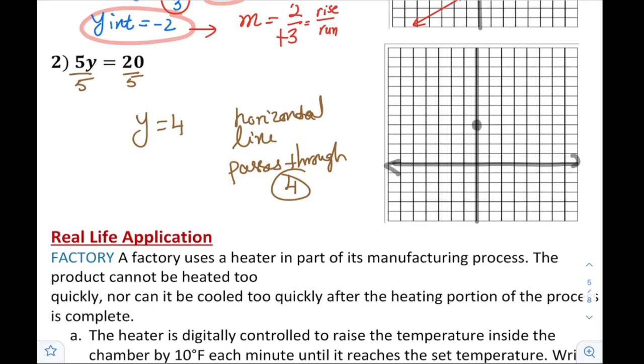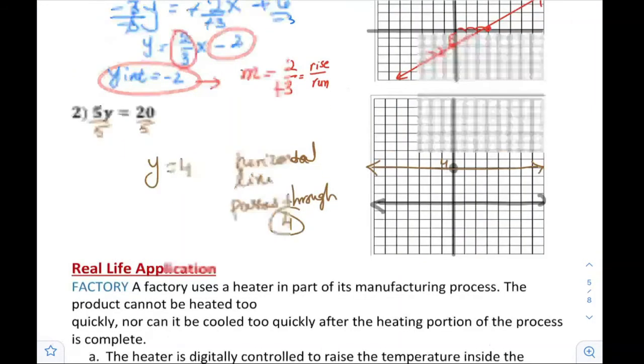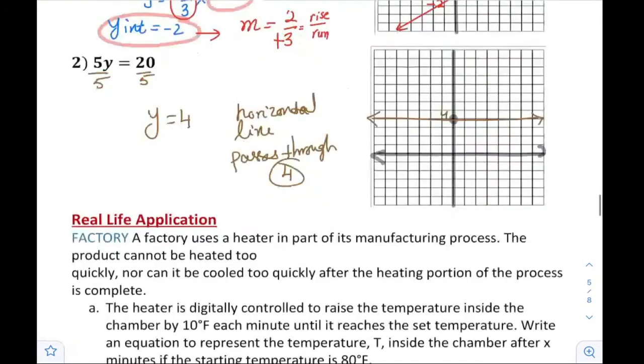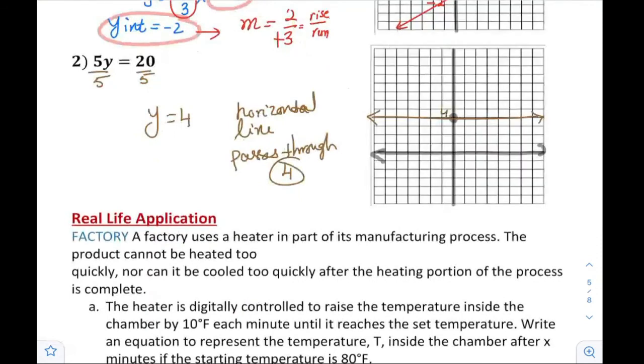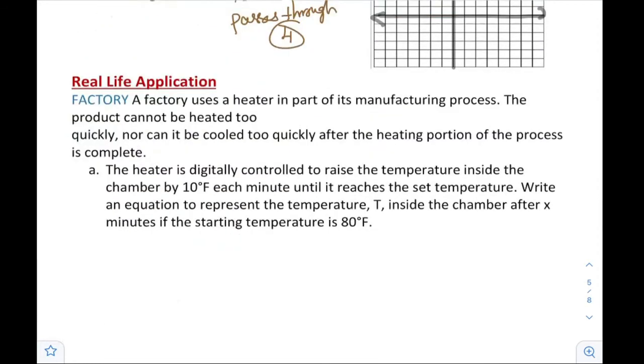And my line is passing through the 4. Simply, easy and fast. Let's apply a real-life application here. Factory. A factory uses a heater in part of its manufacturing process. The product cannot be heated too quickly, nor can it be cooled too quickly after the heating portion of the